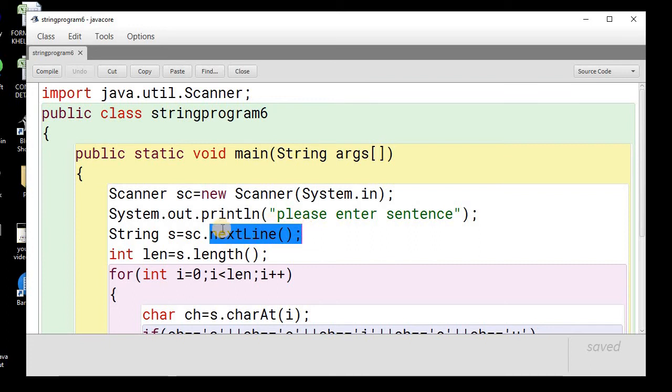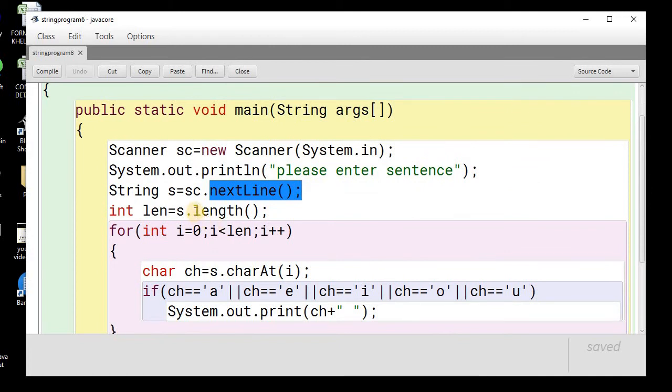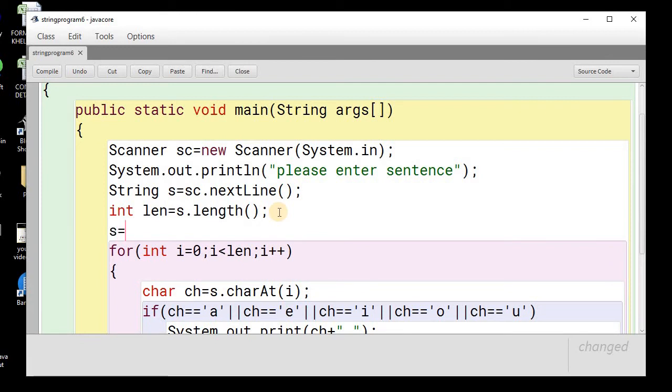Once we have accepted the sentence from the user, we need to find out the length of that sentence. Now once we find the length, we need to convert the string into lowercase. So we will convert the given string to lowercase using the toLowerCase method that is available in the String class.